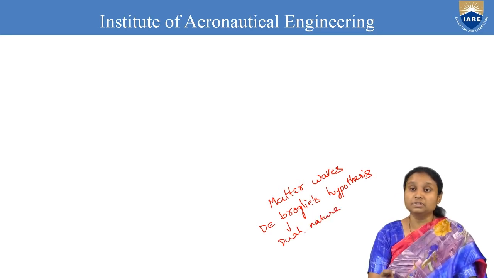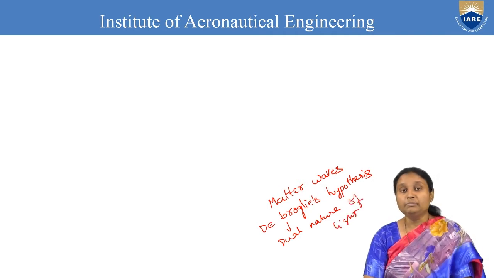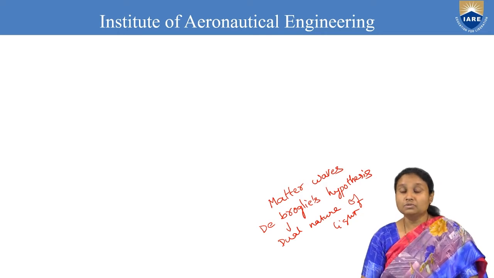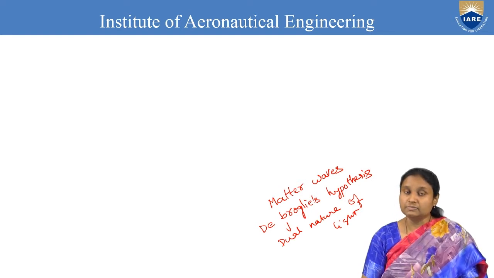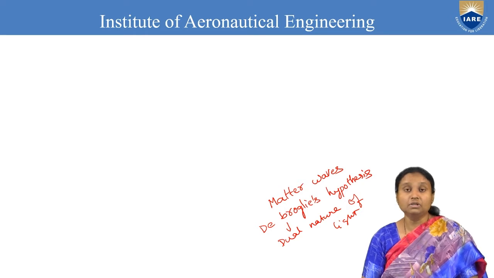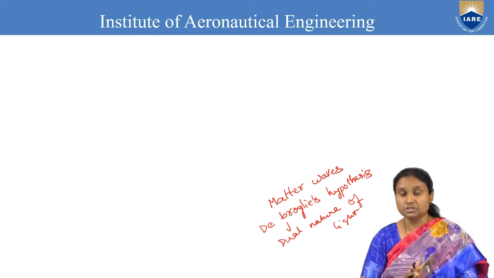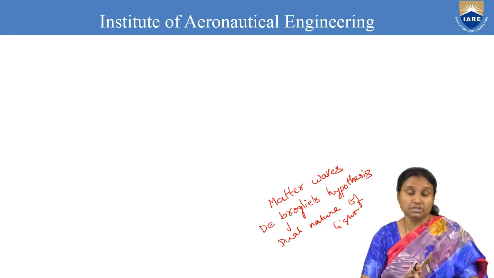So according to the de Broglie hypothesis, just like light radiation, even material particles, all the fundamental material particles like electrons, protons and neutrons, are also going to have dual nature. Suppose I take an electron. Obviously it will exhibit particle nature, but this electron also has the property of exhibiting wave nature. So material particles like electrons, protons and neutrons can exhibit both wave and particle nature. They can have this wave-particle duality. That concept is given by de Broglie's hypothesis.